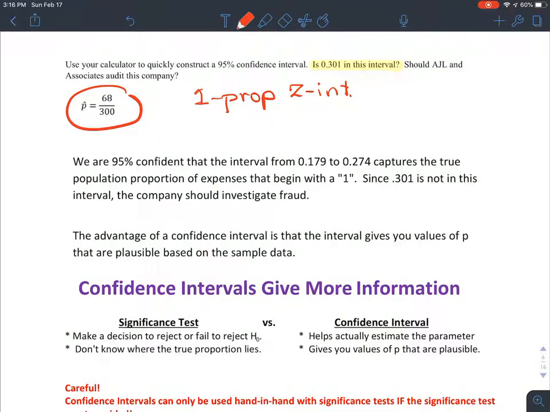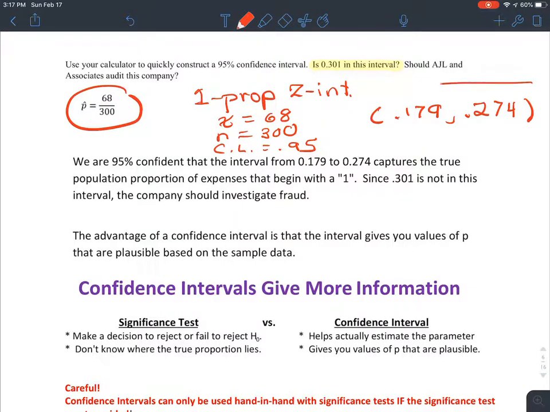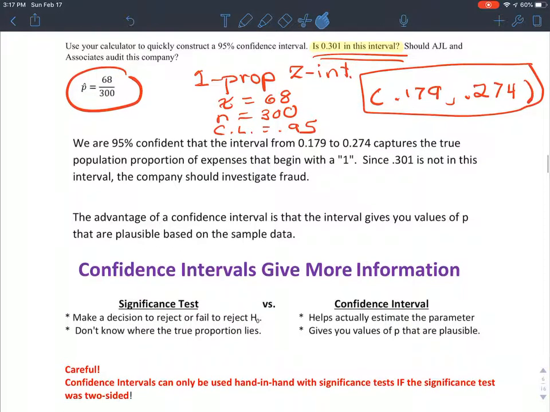Okay, if you select that on your calculator, okay, it's going to ask you for 3 inputs. It's going to want to know how many of the records came back with 1s as the first digit. That was 68. Okay, n, which is how many did we survey? That would be 300. Okay, and then the confidence level is 0.95. Okay, if you run that, you should see this spit back out at you for the confidence interval. Okay, if you look at this confidence interval, you'll notice that confidence interval does not contain the 30.1% that we would expect to see. And since it's not containing that, we're thinking, you know what, we probably should audit this